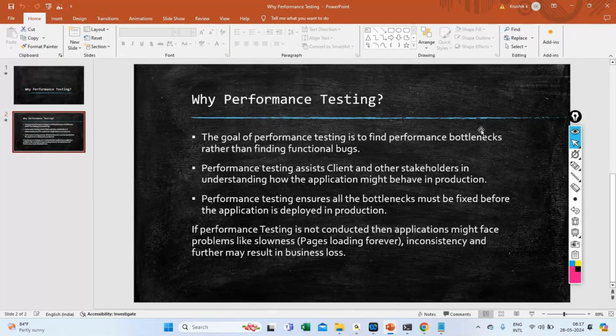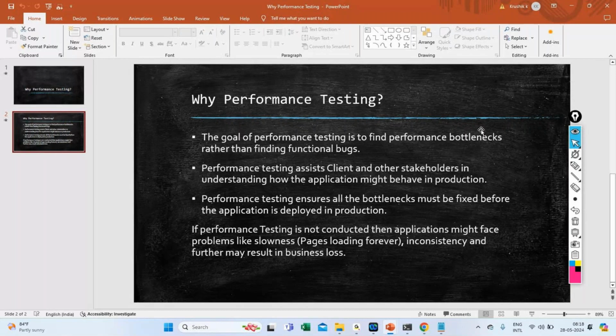Around, let's say, 12 p.m. the sale begins, and all the users at a time try to access the application so that they will get more benefits because of that festival sale or big sale. Now what happened at that time is,